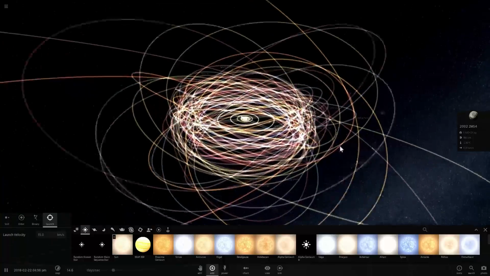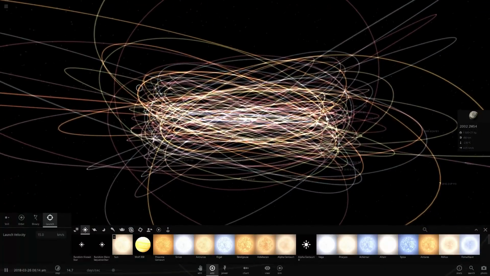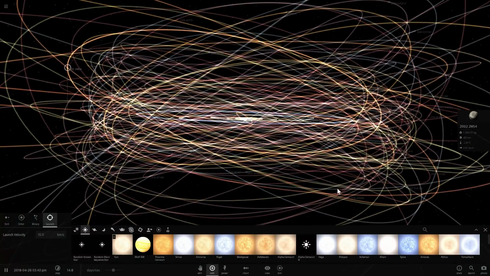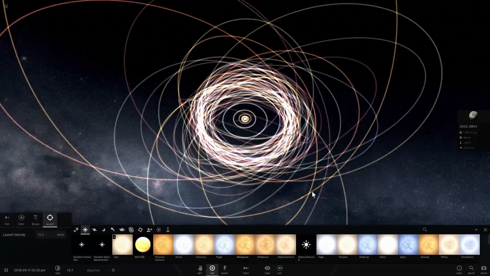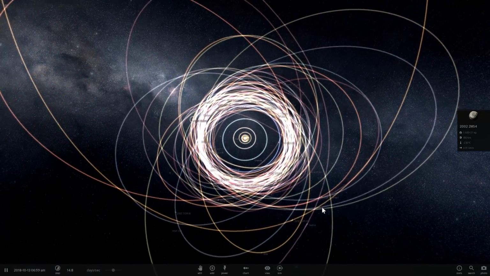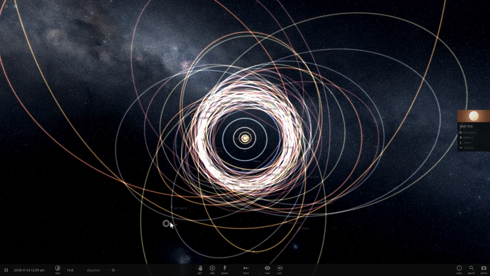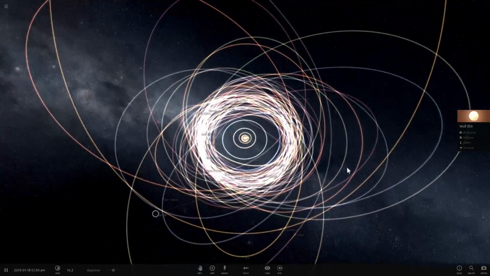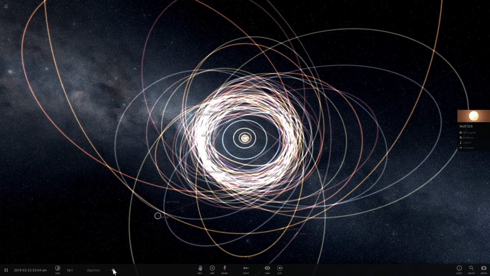Let's see if anything happens to them. So I'm going to place myself here. We're going to aim in this direction, and let's just launch it. Now let's see what happens. If nothing happens, then maybe Planet 9 is out there. If something happens that doesn't really look realistic, then maybe Planet 9 is out there. But if something happens that does create these elliptical funny shapes, then maybe, just maybe, this is actually what happened.